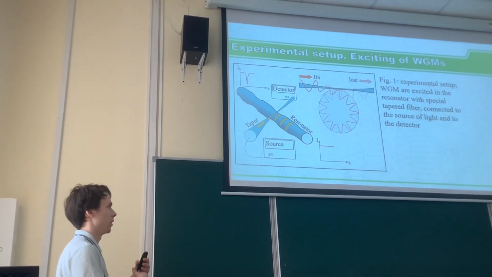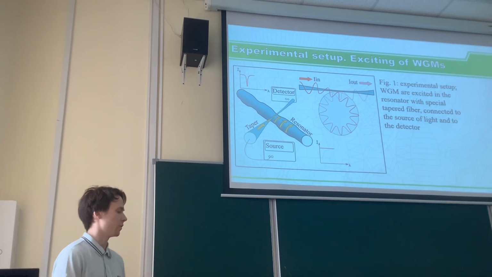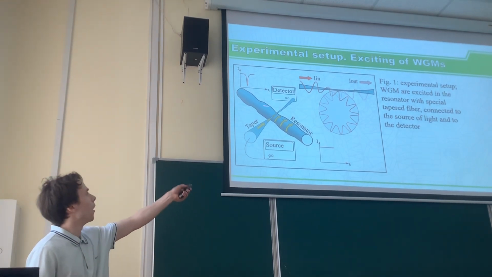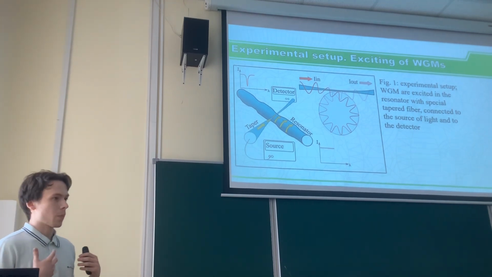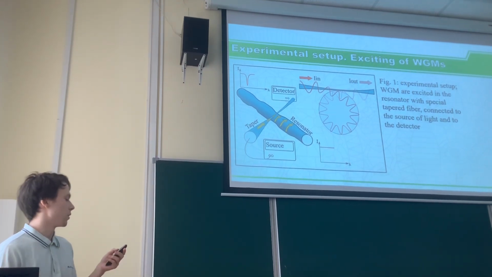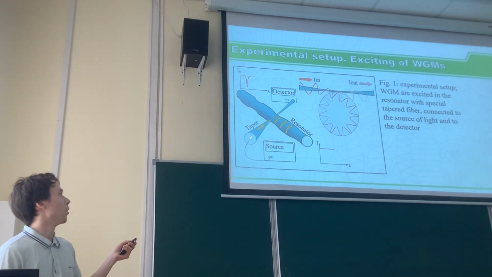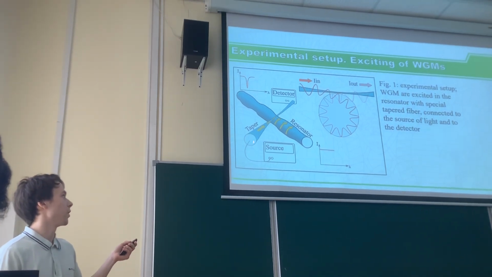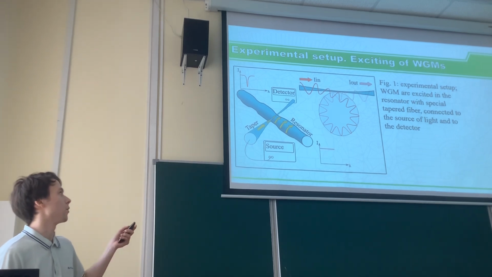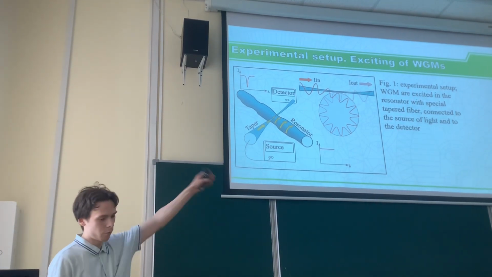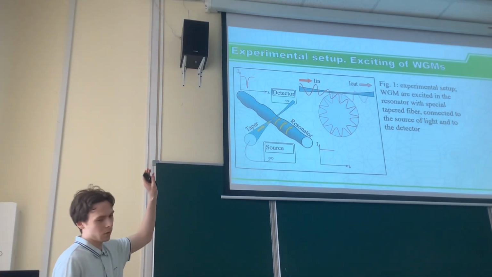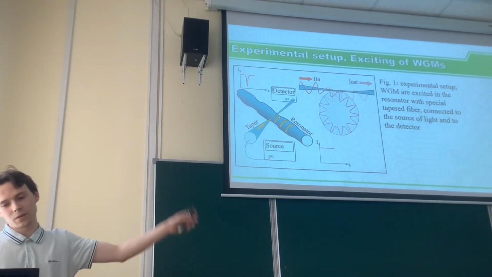One as the main object of the research, the resonator. And the second one we use to excite resonance modes in the resonator. One end of the waveguide we connect to the source of light, another to the detector of the light, and light starts to propagate through the waveguide, and at the point of contact it gets into the resonator and starts